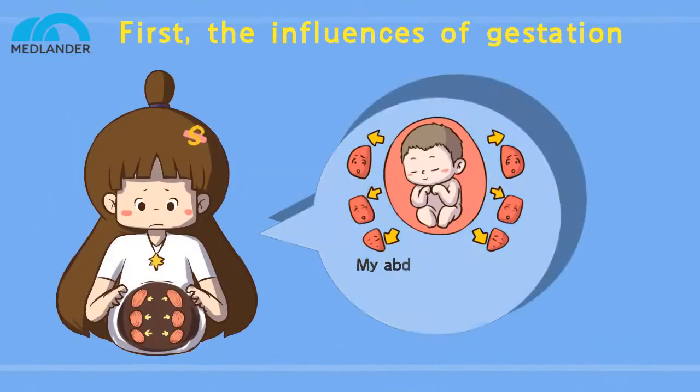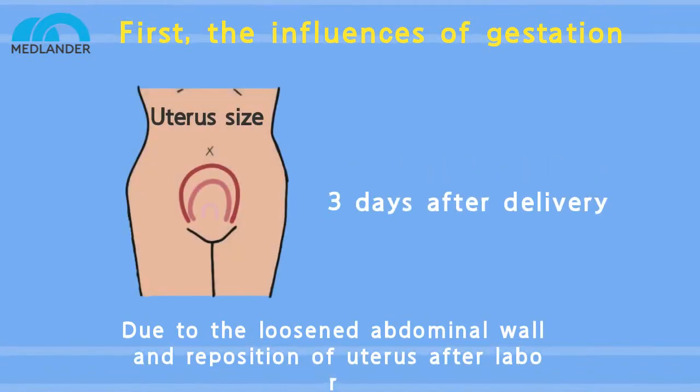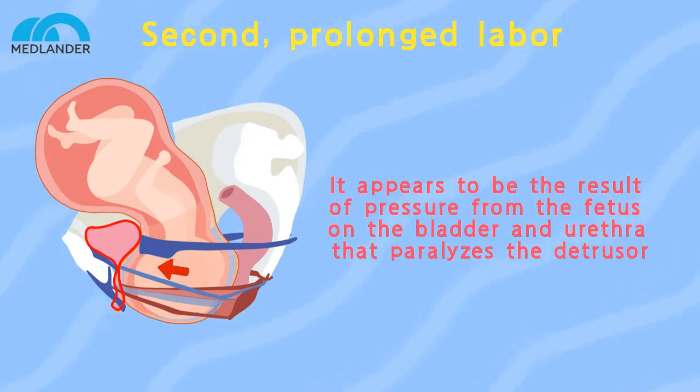First, the influences of gestation. Due to the loosened abdominal wall and reposition of uterus after labor, the abdominal pressure drops, leading to weak urination strength. Second, prolonged labor. It appears to be the result of pressure from the fetus on the bladder and urethra